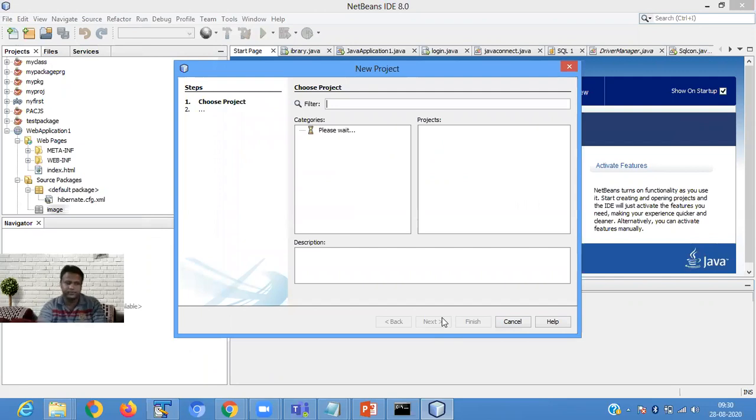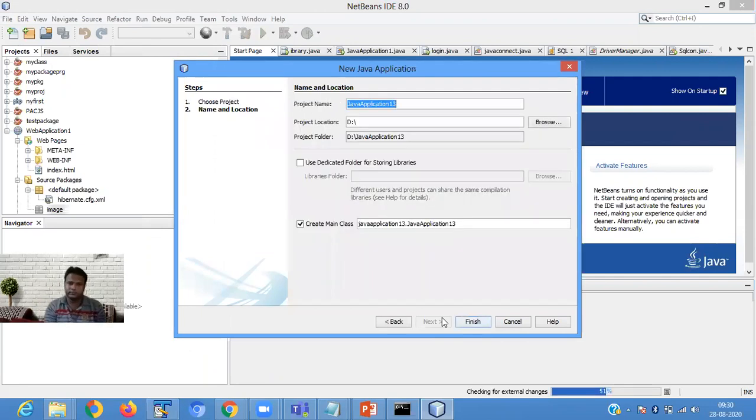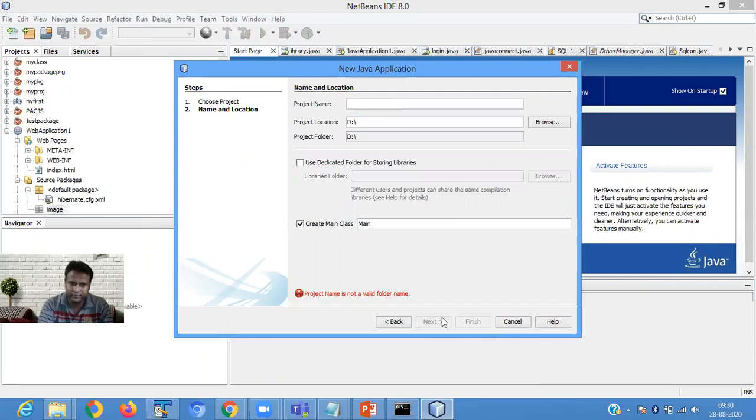Next, here we give the application name. Suppose I have defined here my Java pack.